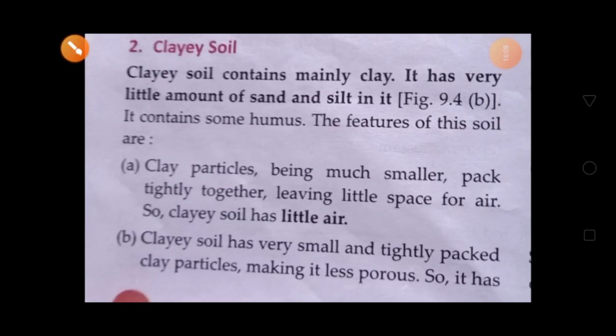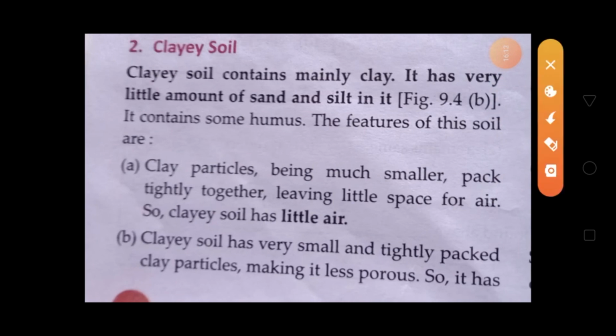Okay children, now the second type, clay soil. In clay soil you can see the highest water holding capacity. The particles are very small and tightly bound together, with very little space between them. Now the definition: it contains clay, with a very little amount of sand and silt.